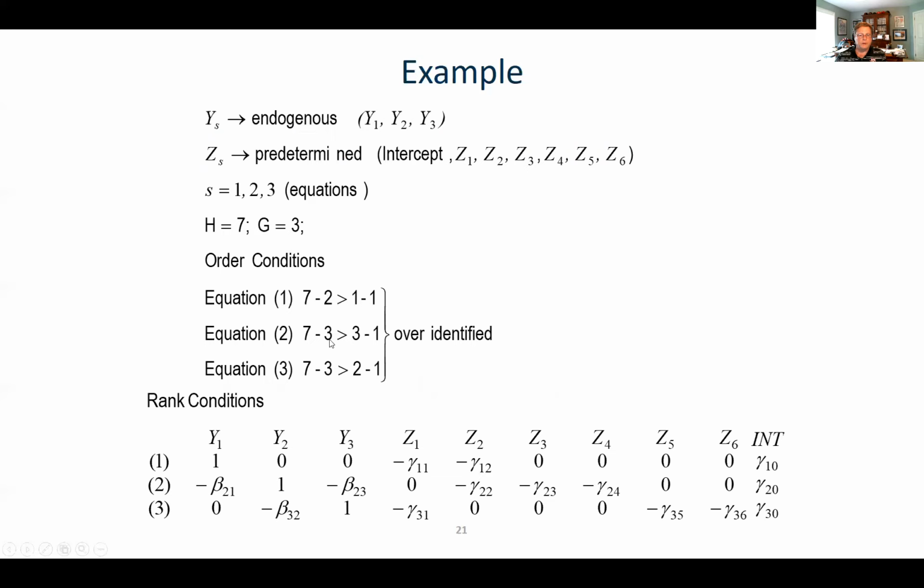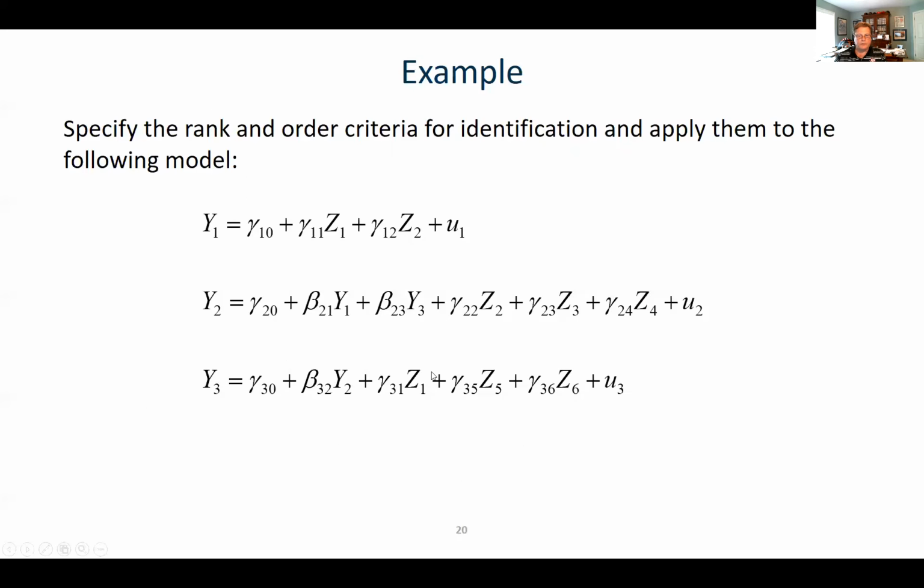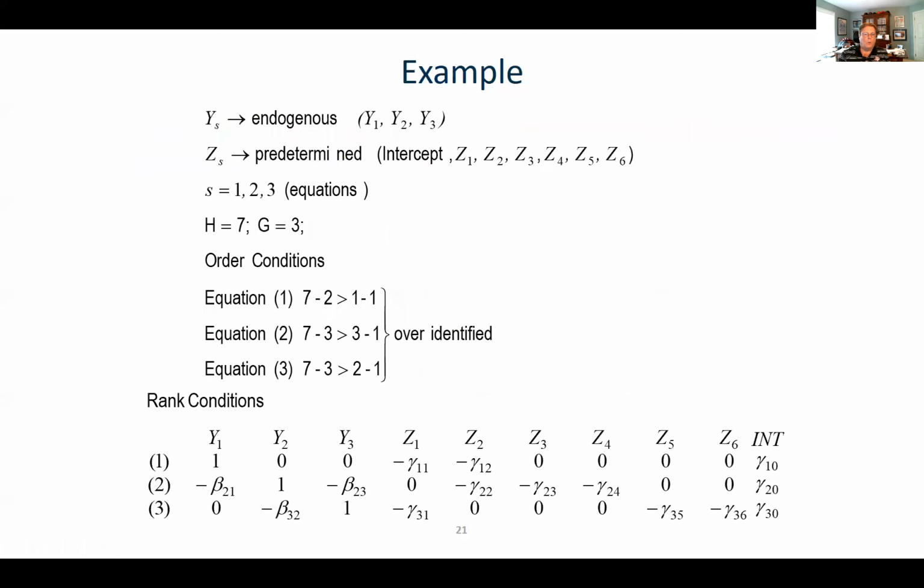So this 2 should be a 3, this 3 should be a 4, and in the third equation, the number of explanatory variables excluded, Z2 is not included, Z3 is not included, Z4 is not included. So there's 3 variables that are predetermined that are excluded from the third equation, but that is larger than 2 minus 1, the number of endogenous variables. So in each case, based on the order conditions, and assuming one can count, you should be able to verify that in this example here,